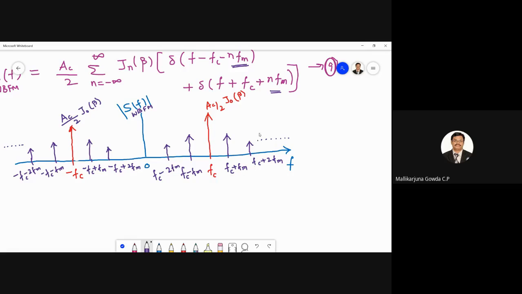So that is the difference when compared to narrowband FM or standard AM. For a single tone modulating signal only, in case of wideband FM, I have n number of side frequencies from the carrier frequency, that is FC plus FM, FC plus 2FM, FC plus 3FM, and so on up to FC plus NFM. But in case of either narrowband FM or standard AM, I had only one pair of sidebands, either FC plus FM as well as FC minus FM.